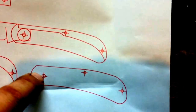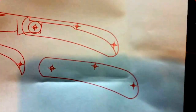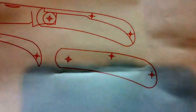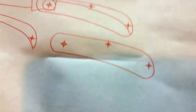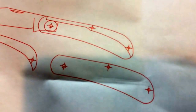And I like to put little cross hatches or crisscrosses in the middle of the holes to help me when I'm punching the holes so that they're centered and pretty close to the exact spot so that I know my knife's going to work when I put it together. So once you have this, you can print it out and you can actually transfer it with some spray adhesive to some kind of a template stock. And for that you can really use anything. I've used cardstock, sheet metal, G10, carbon fiber, anything